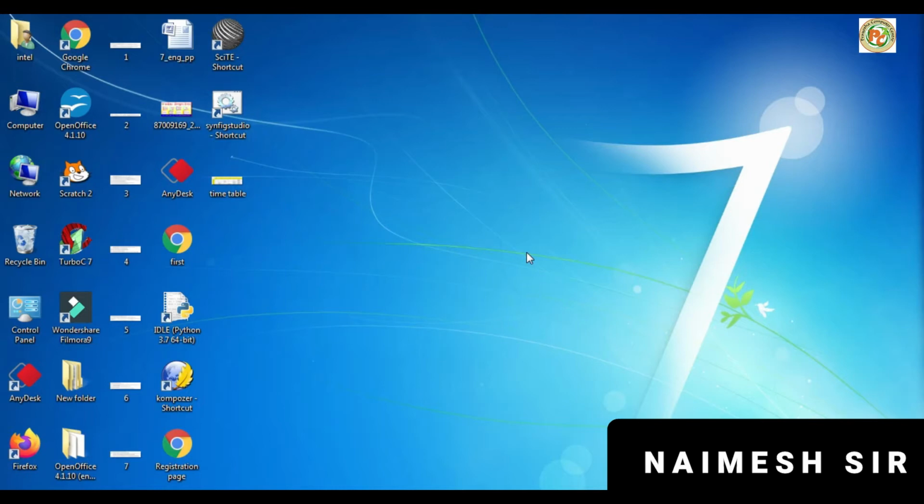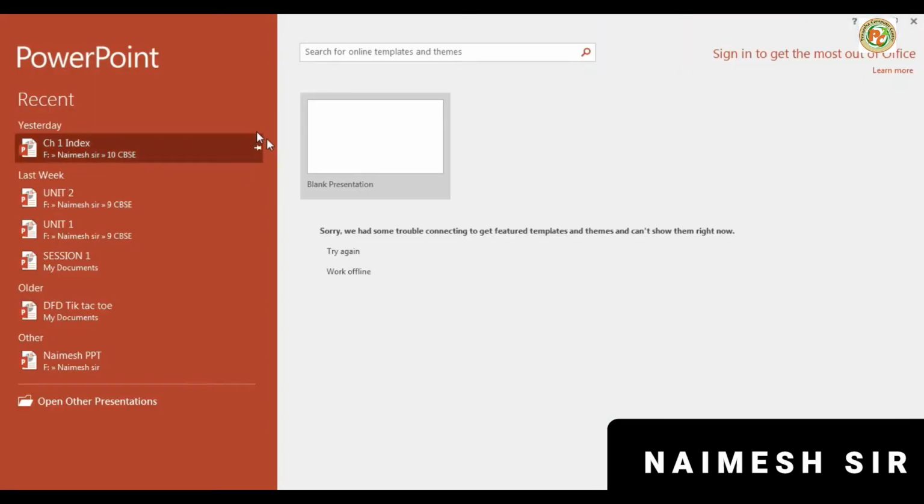On page number 48, a map of the city marketplace is given. In this lecture I will explain how to design that particular map. So click on PowerPoint, any version, whatever version you have. Just click on that PowerPoint version. Okay, it has appeared now.